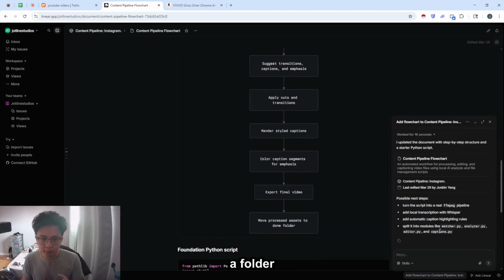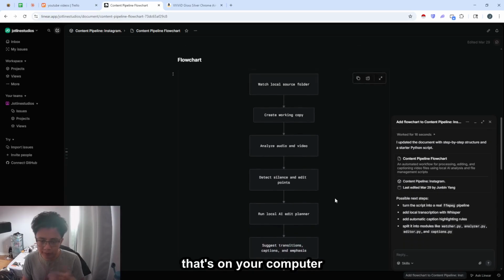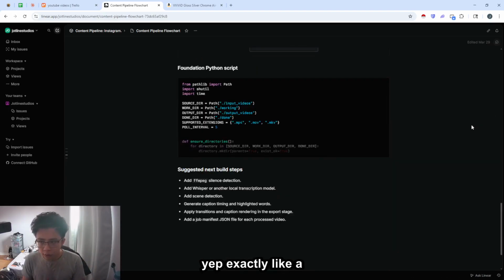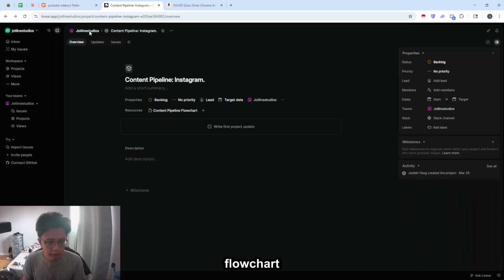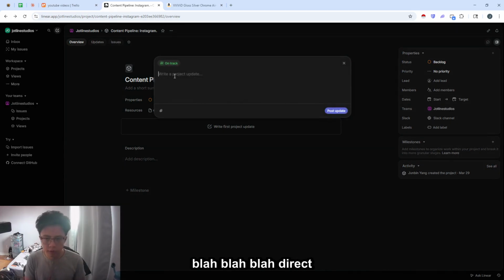4 scripts in total to basically make this pipeline work and make it just do things exactly as I described. It gives me exactly what I need based on exactly what I described. And yeah, I'm going to show you some other features, like I mentioned a few minutes ago. Yes, you're able to do things like write a project update. I'll give it a quick update, like say